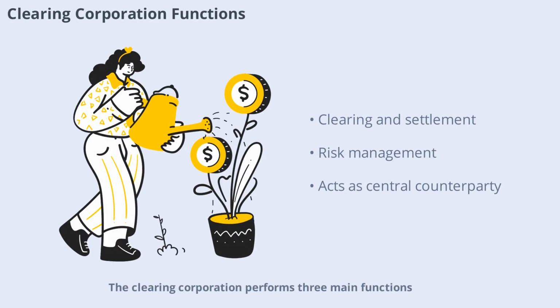Clearing corporation performs three main functions: clearing and settlement of transactions, risk management, and acting as a central counterparty. Through a process called novation, it becomes the buyer to every seller and the seller to every buyer, guaranteeing the completion of all trades. This central role is critical in managing risk and ensuring that defaults by any party do not disrupt the market. The clearing corporation also determines fund and security obligations, collects margins, and coordinates with other intermediaries